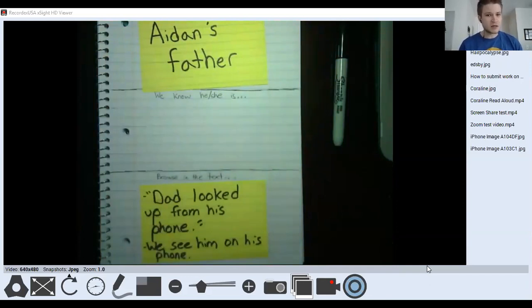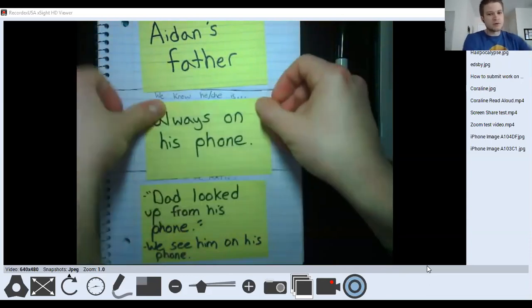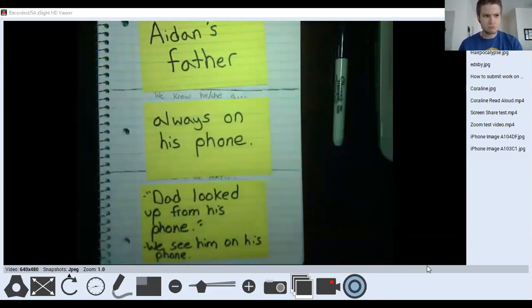And so that tells me, because of all these things, that Aiden's father is always on his phone. That's a good clue that Aiden's father is usually on his phone when Aiden has a problem or when Aiden's trying to do something, right? So we can infer that Aiden's father is on his phone a lot. Now, we all know somebody like that. We all know somebody that is constantly glued to their phone. Their eyes are always on their phone, doing whatever they need to do on their phone. And I'm guessing that Aiden's father is one of those people.